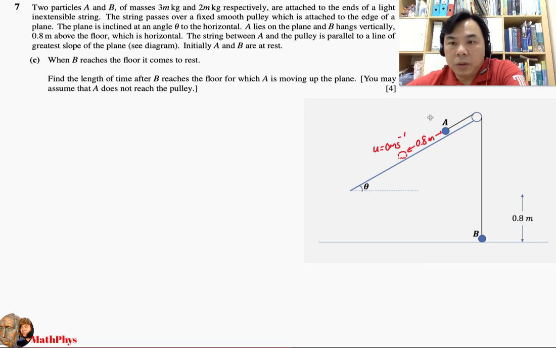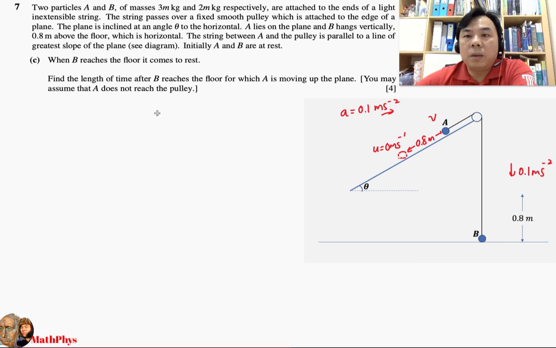And then we are interested to find out what is the speed of A at this point. We know that when the string is still taut, both of these are accelerating. From the previous question, we are given that the object is accelerating at 0.1 meter per second squared. So from here, we're going to consider